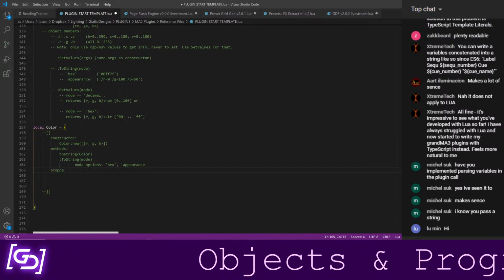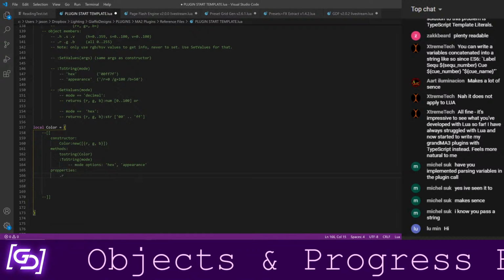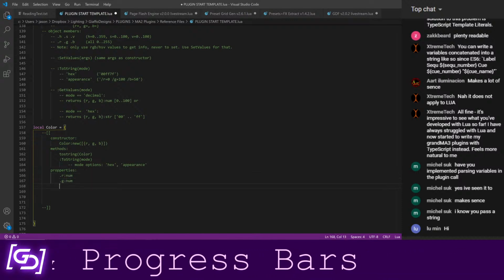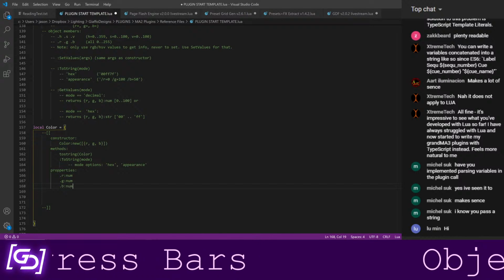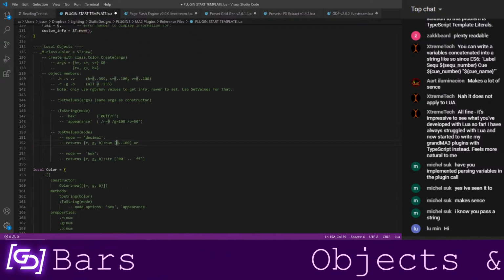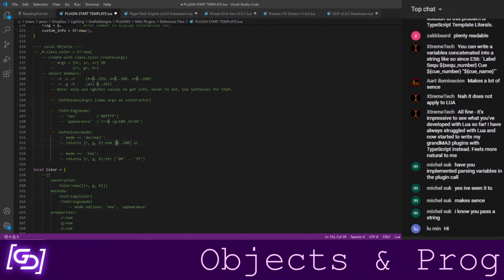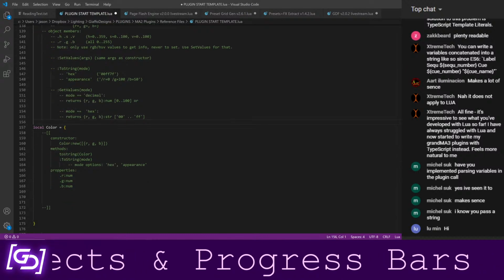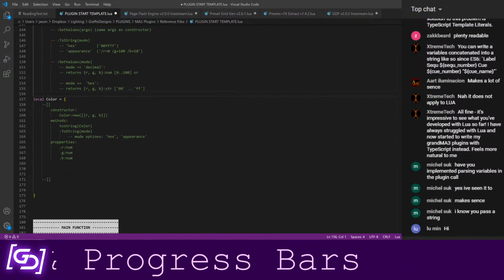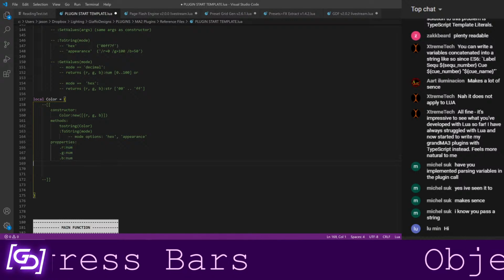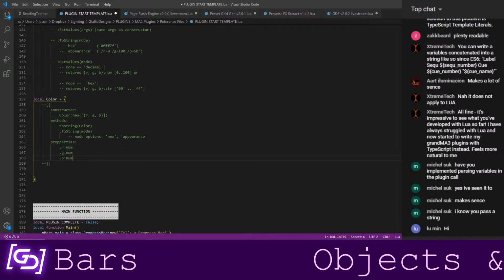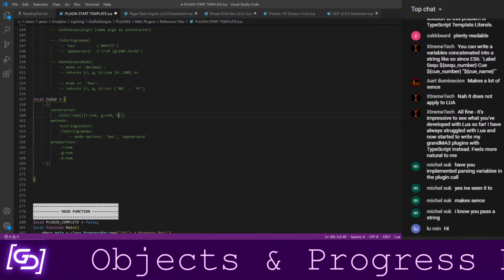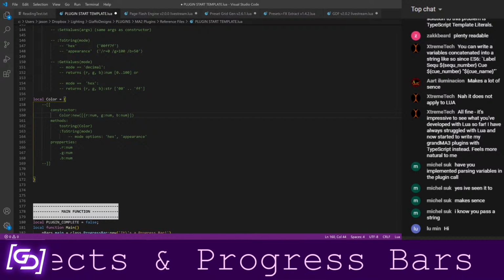And then we'll say properties. I'm going to say .r, that's a number value, and .g is a number value, and .b is a number value. If I was going to go more in depth, again, you can see here that I went to HSV values, and I don't know if I put anything else in here. I did a whole different way that you could get different types of values out of it. I don't want to get that complex with this because I think that kind of escapes the point. But anyways, this documents anything that we are going to be doing with this. So if we ever need to go back into this, we know what we're working with.